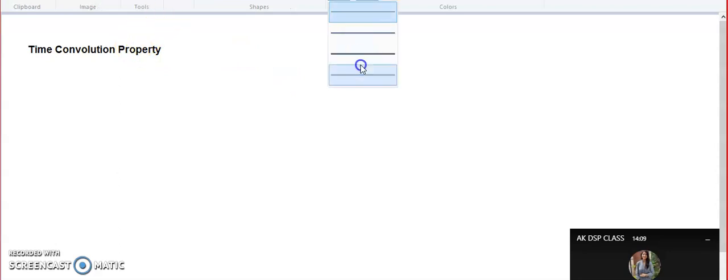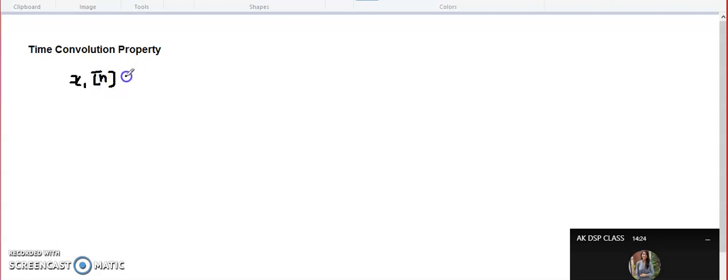As we did in the last semester also, time convolution means two signals in the time domain are convolving with each other. Suppose x1 n is one discrete time signal, and it has to convolve with another signal, x2 n. Both of them are discrete and non-periodic. If we take the Fourier transform of it,